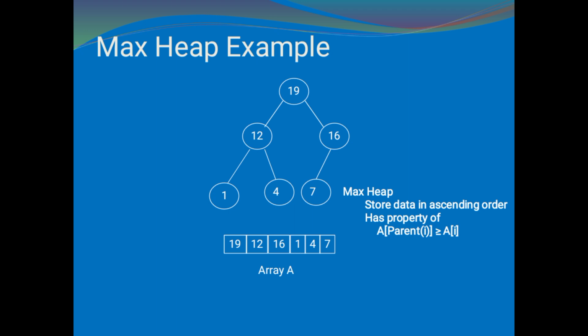Now what is a max heap? See, till now you have known that given an unsorted list of array elements, we will be arranging the elements in a tree structure. This is also known as a heap. Now, what is a max heap and what is a min heap? This heap, that is the data arranged, can be of two types. One is max heap and one is min heap.